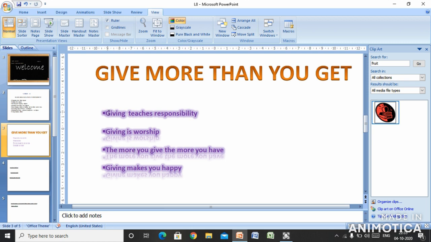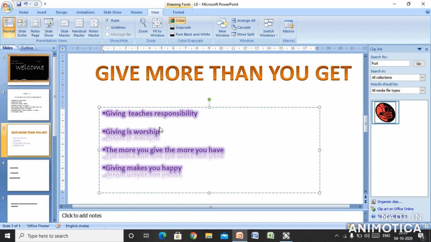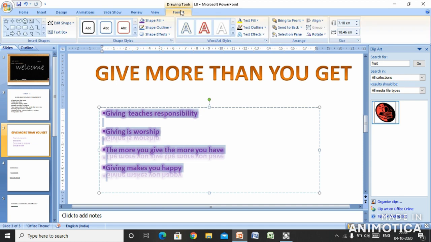To edit text, select the slide within which the text you have written, you want to make the changes. Now come to the slide and click on the slide. After clicking on the slide, you will get a placeholder. Placeholder is a dotted rectangular box. From here, you can select the text and make the changes. Select the entire text and click on the format button. From the format button, you will click on the text effect.